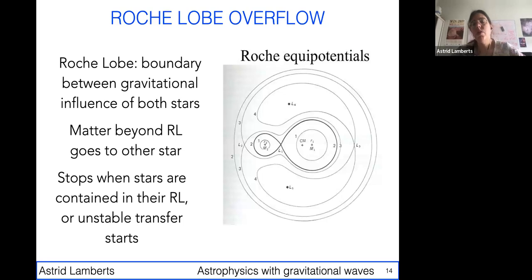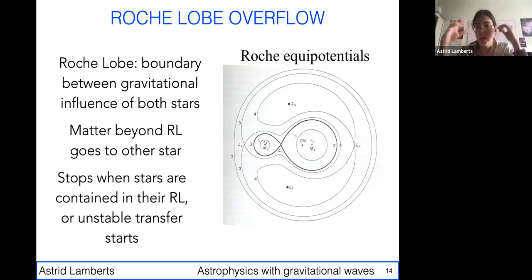So there's this notion of Roche lobe overflow. The Roche lobe is a mathematical definition that is the boundary between the gravitational influence of two objects. So you see here in this drawing, you have M1 and M2, and in the middle, you have this L1 point, and at the intersection of these two teardrops, that is really the crossing point for matter that would go from one object to the other.